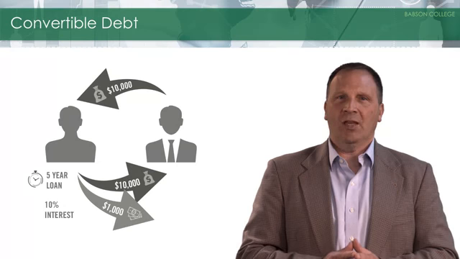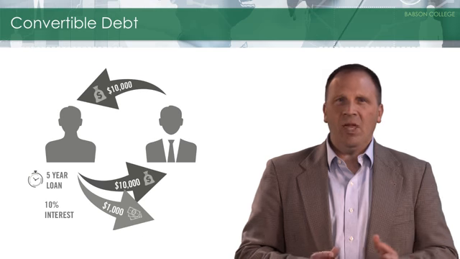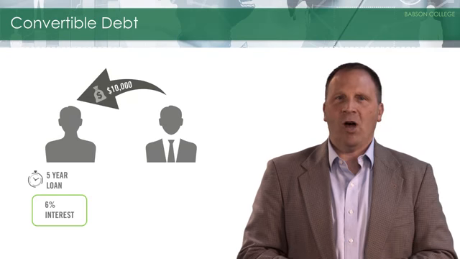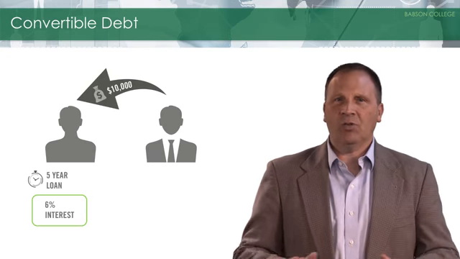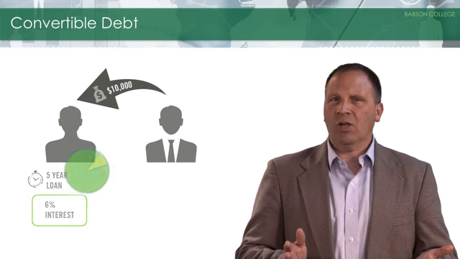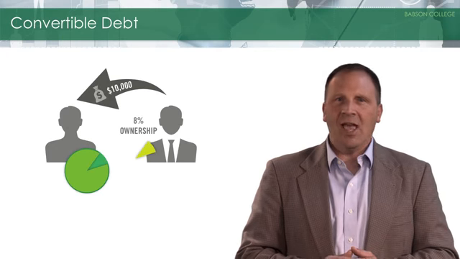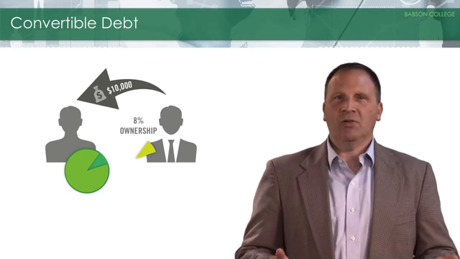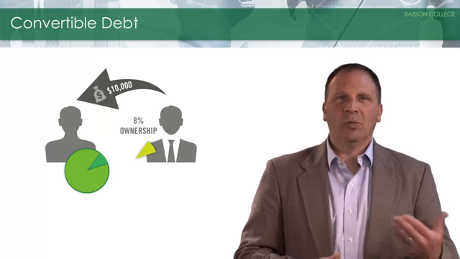So instead of a 10% annual interest rate and repayment of the $10,000 in 5 years, the agreement may be to, for example, pay only 6% annual interest. So right away, you're reducing the fixed cost to your business. At some point over the next 5 years, though, the lender has the right to convert the loan into shares of equity at a predetermined rate. For example, you might specify in the agreement that the lender can trade the $10,000 loan for 8% ownership in the business, anytime within the 5-year horizon. If the conversion happens, you no longer have to pay interest, nor do you have to repay the principal, but you will take on another owner who is formerly your lender.